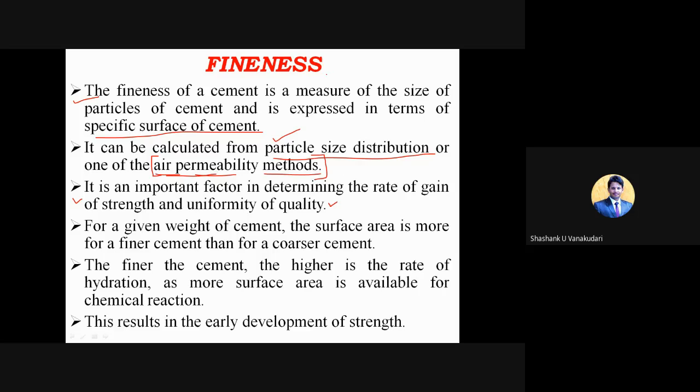Depending upon this fineness, you will come to know the strength of the cement and even the uniformity of the quality. So what is uniform strength? I will tell you one thing: the finer the particles of the cement, the more strength is going to be achieved. If it is 3000 they have given, then for a surface area more than 3000, the strength is going to increase as the surface area increases, right?